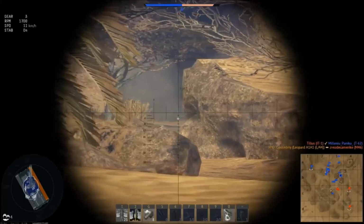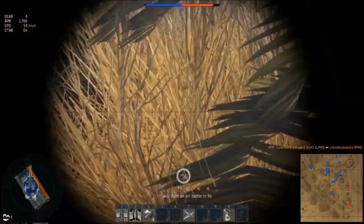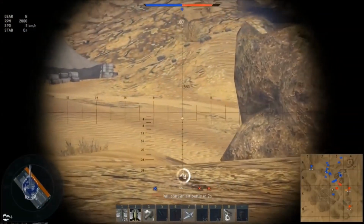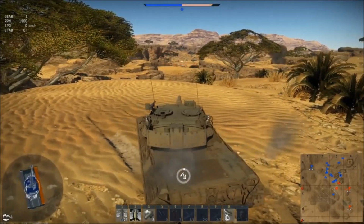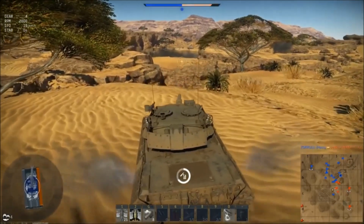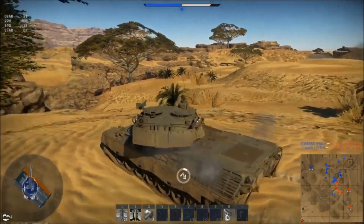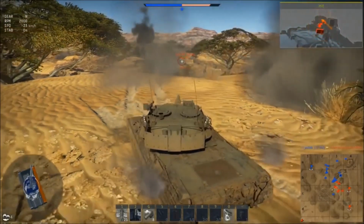The Leopard L44 is by no means a slouch, and when minimizing its weaknesses by playing safely and at the back, you can potentially destroy far more tanks than the XM-1, whereas the XM-1 is slightly more apt to give you more assists. If you have the experience, I'd say the Leopard L44 can be more rewarding, but its glass cannon nature makes it an all or nothing type of tank, whereas you can use the XM-1 more consistently with success. Either way, both tanks are absolutely wonderful, but the XM-1 can roll with the punches better and is more